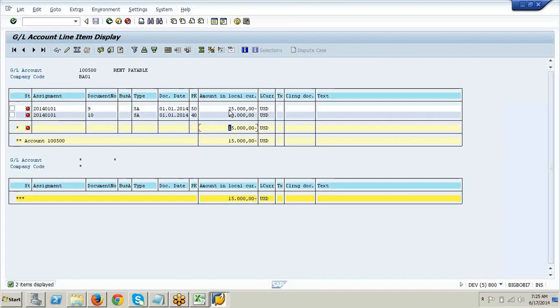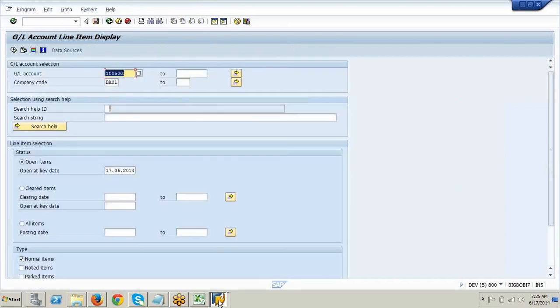Now see, it has not given a clearing document number for this, which is a partial. Now let me clear the remaining balance and then we'll come back and see how it looks.